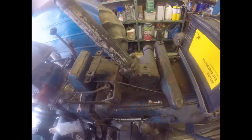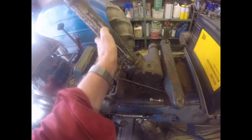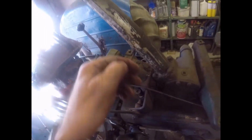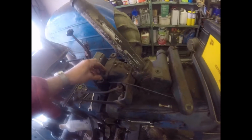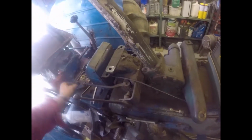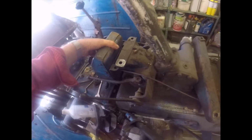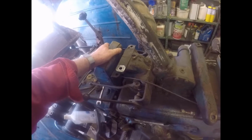It looks like somebody's had a go at stripping it. Oh no, it's just the paint that's horrible. Right, okay, I don't think I've ever had this off before. Maybe I've taken it off myself before, but it does free off the control box, so I'll be able to take that off,